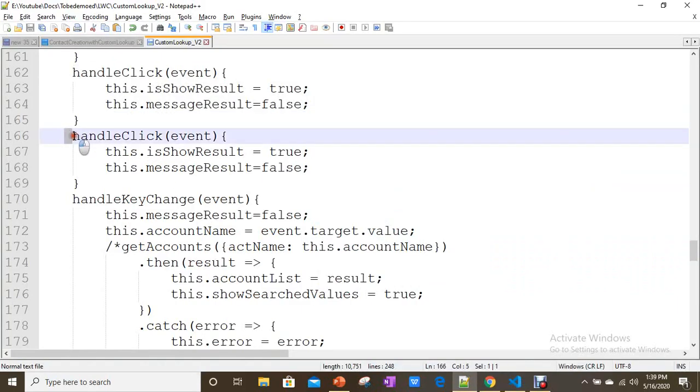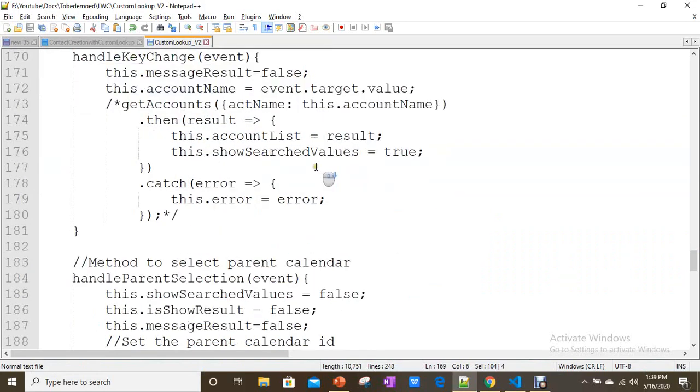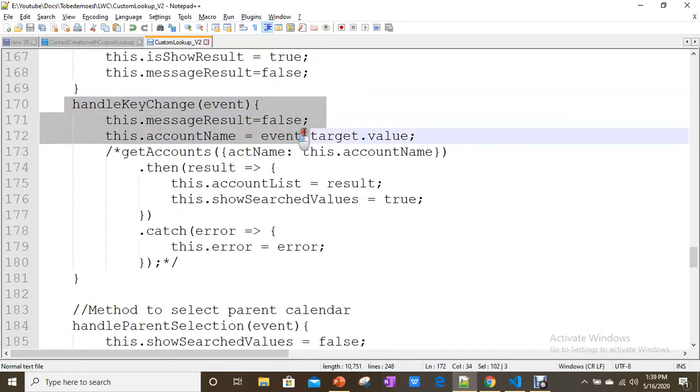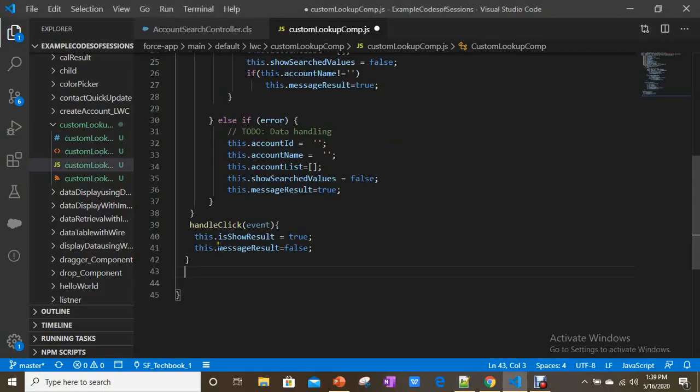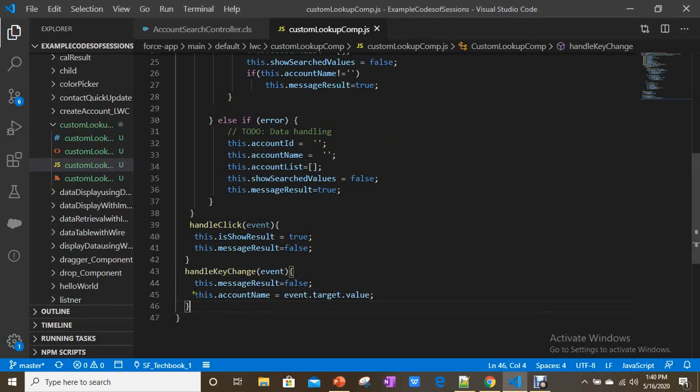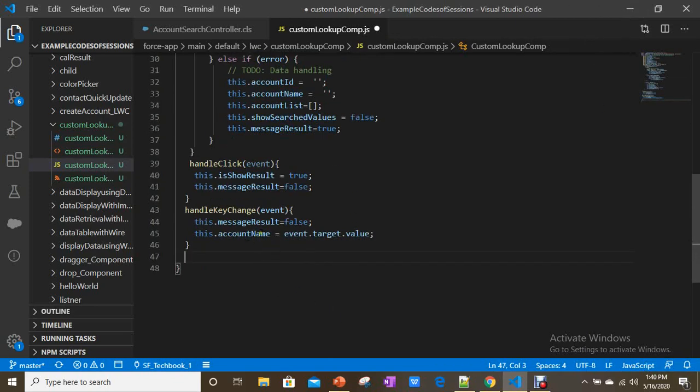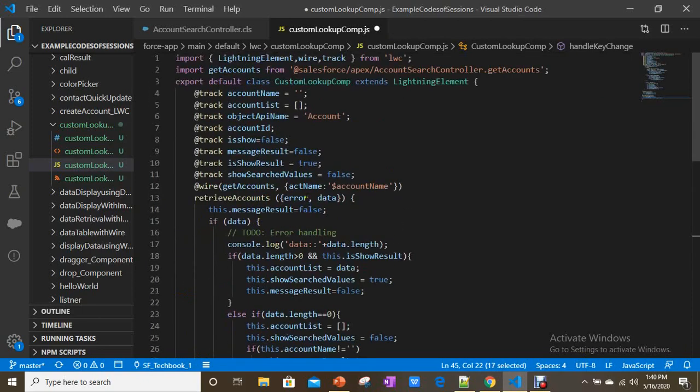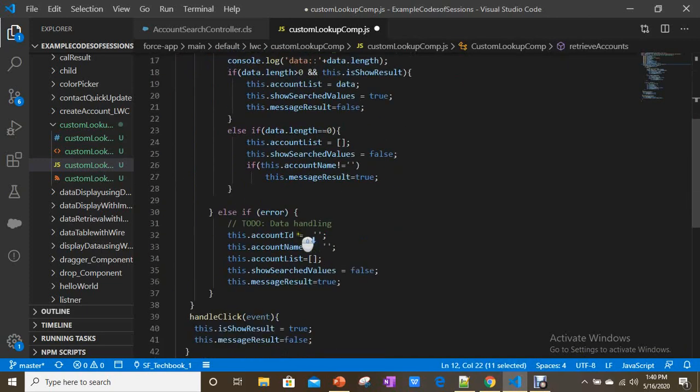Same way, handle key change. Message result is false, we don't need to showcase anything, and we are assigning the value to the account name property whenever there is a change. So whenever it assigns the value to this account property, it passes through the wire method to get accounts simply.